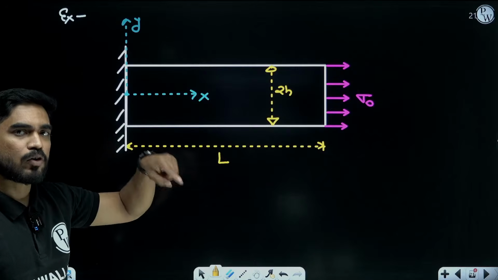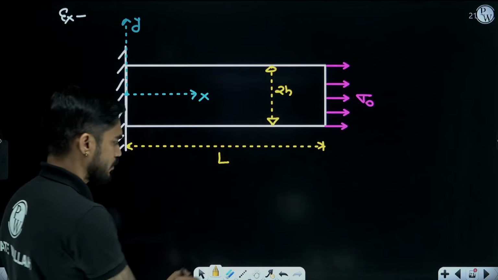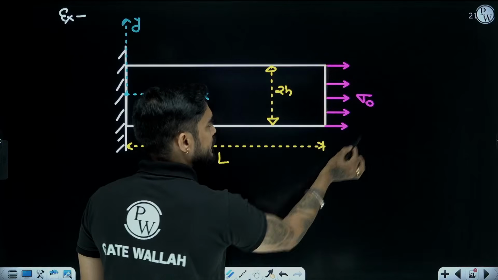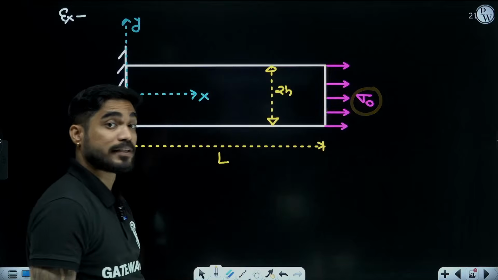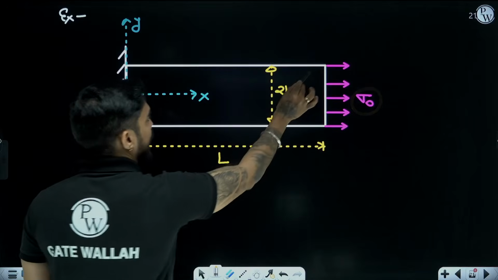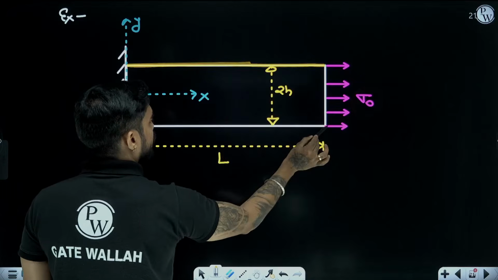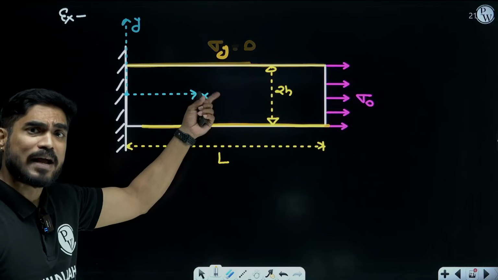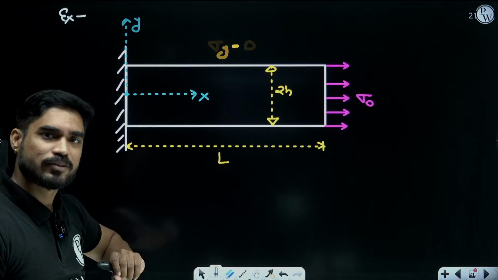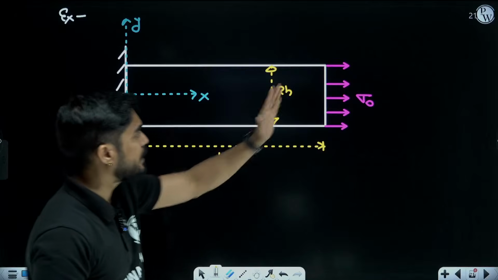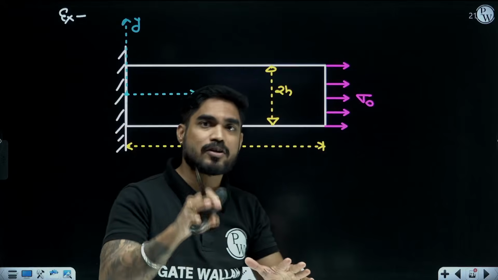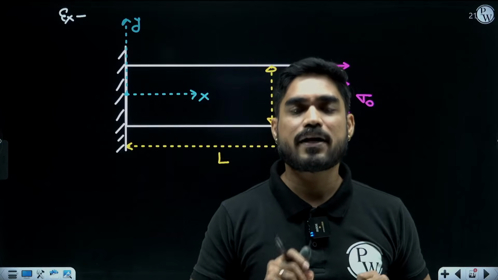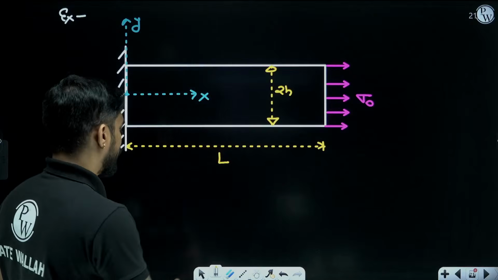Now understand what I mean by boundary condition. Here on this boundary you can see that sigma x is equal to sigma naught, right? And here on this surface sigma y is 0, tau xy is 0. So these are boundary conditions. On the boundary of the problem you have certain values of sigma x, sigma y, tau xy, na? So they should be satisfied.